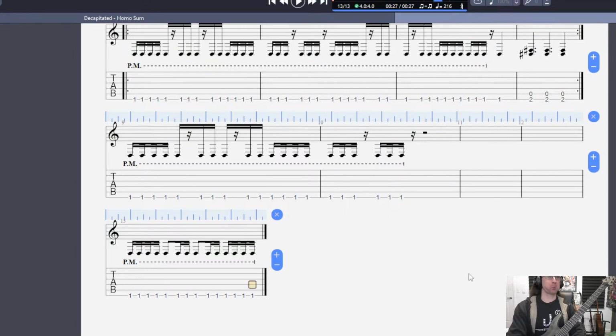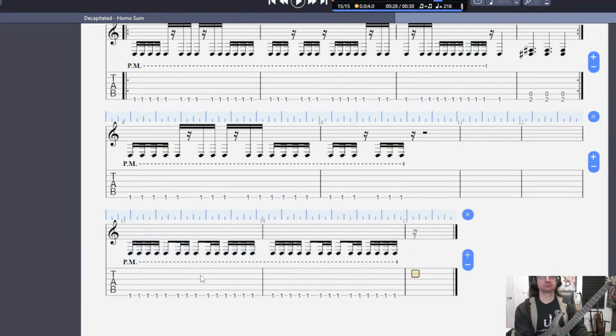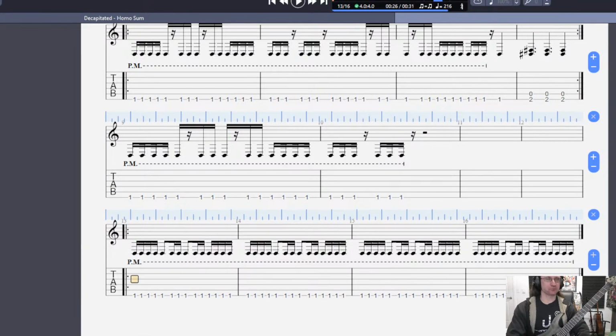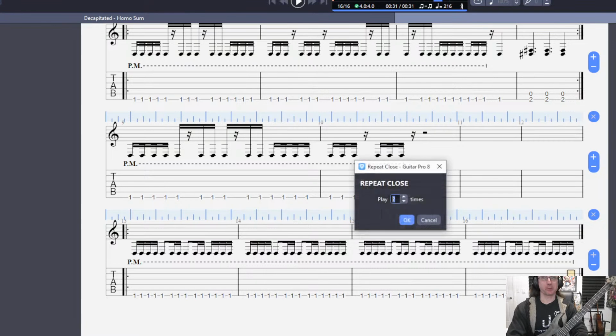Alright, so do something like this. So I'm going to do a 4-bar pattern.